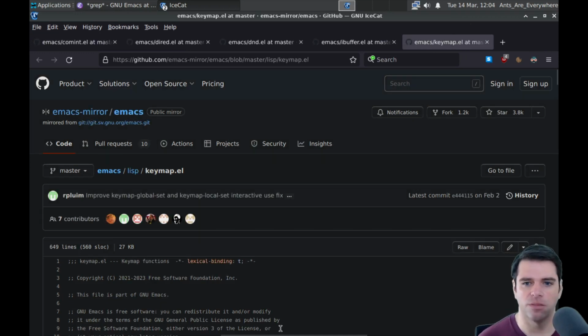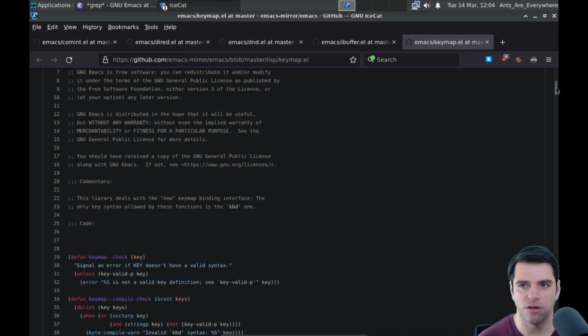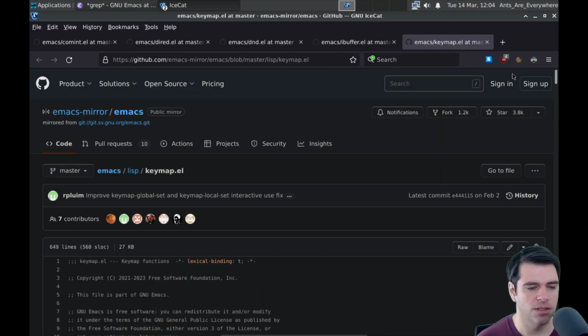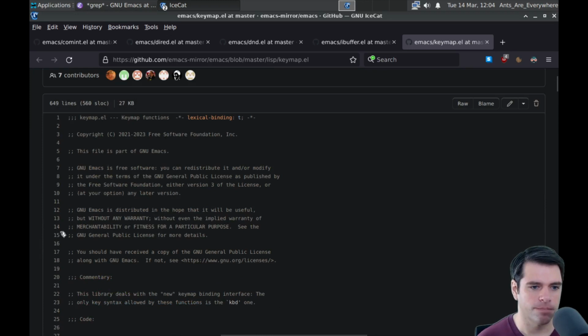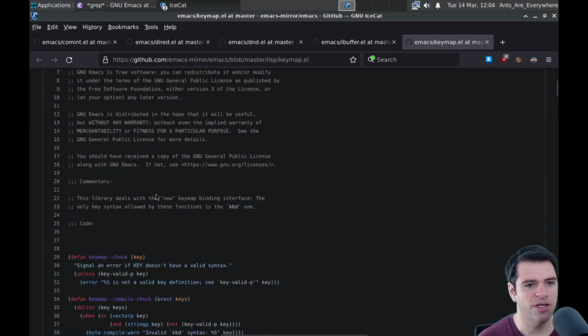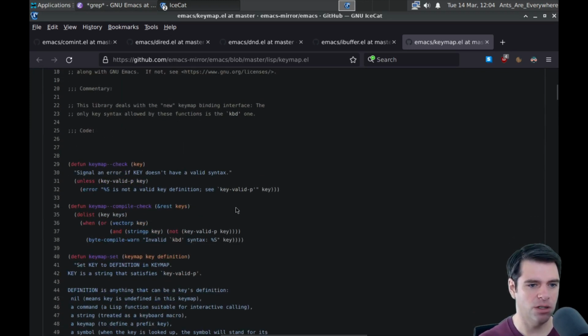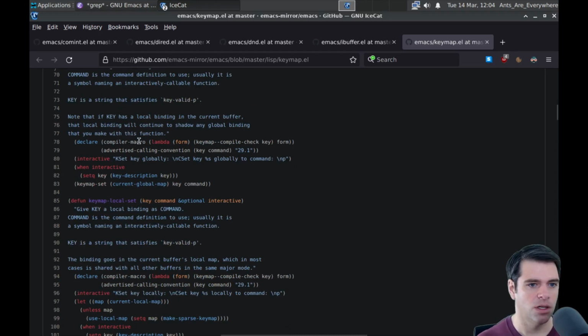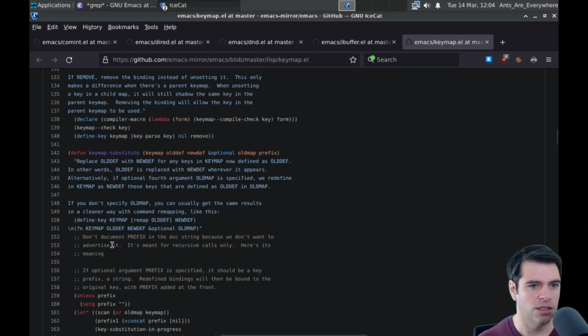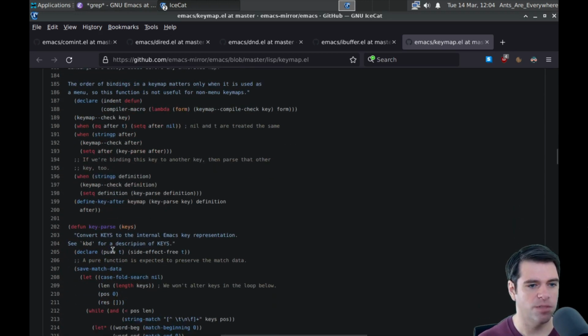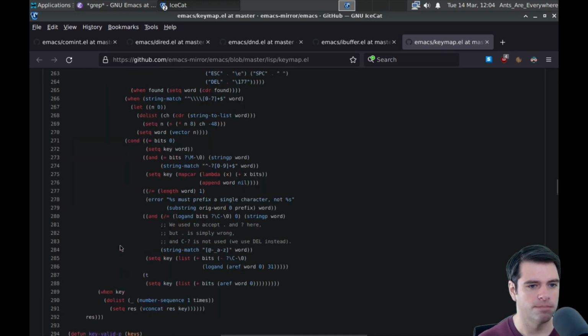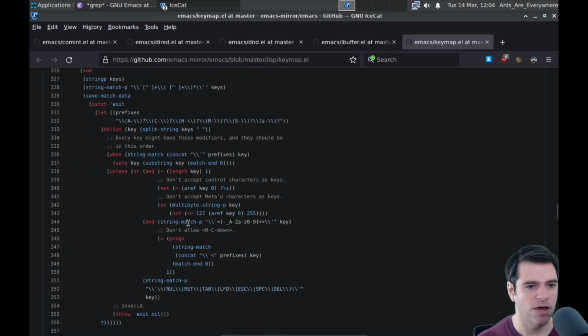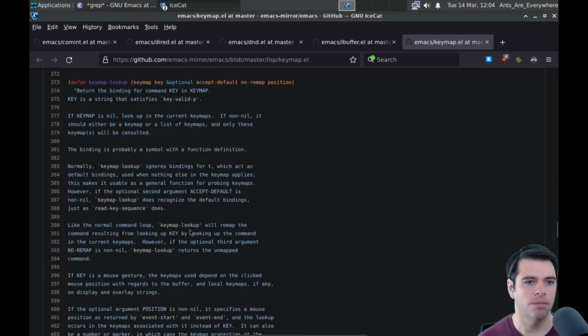I'll look at keymap first because I'm a little bit nervous that it's going to be gigantic. Let's see how many lines of code keymap is. 650. Seen worse. All right, this library deals with the new keymap binding interface. The only key syntax allowed in these functions is the KBD one. Okay, so we can check keymap. We've got a defined function keymap set, I guess, which sets the keymap. Local set, global unset, keymap substitute, keymap set after, key parse, key valid, keymap lookup,